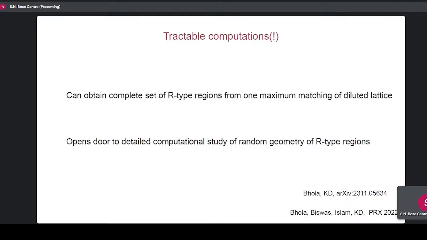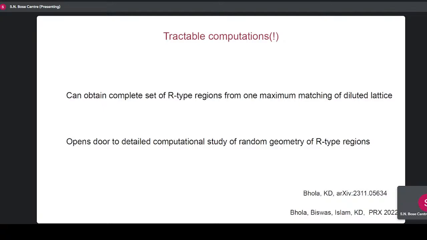Yeah, right. So if you have a number of zero energy modes in the R-type region, they are not exactly localized at one point. But the statement we are making is that I can give you the region of the lattice, and I can tell you how many linearly independent null vectors there are. If you construct them, you have to of course solve the linear algebra problem, where you find some orthonormal basis of those modes. But I know how many live in exactly which region. And I've done this without doing any calculations that involve real numbers, purely by combinatorics. That's the power. And you can actually have an exactly localized zero mode if you have an isolated site.